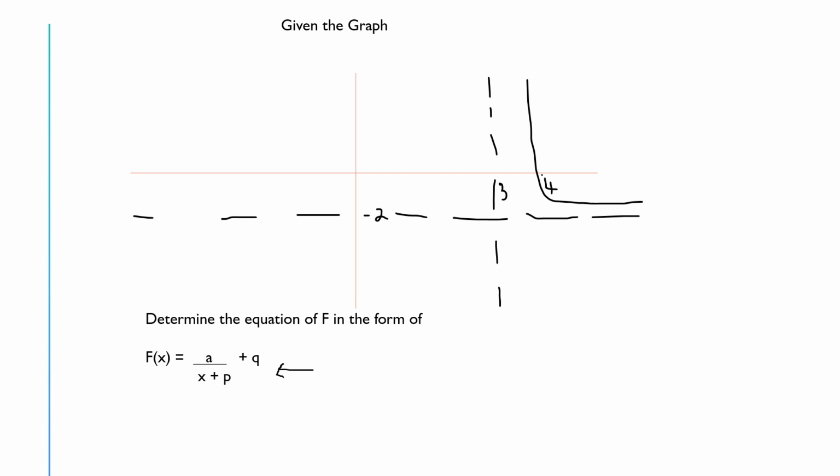Before you do anything, just go to your equation, because we know that you can put y as f(x). So first thing first, just put your asymptotes. We know that they are there on the graph now. We're given our asymptotes on the graph. So we've got a, which will come back as it is, because we don't know what our a is. And then we know it's going to be x here. And then we've got